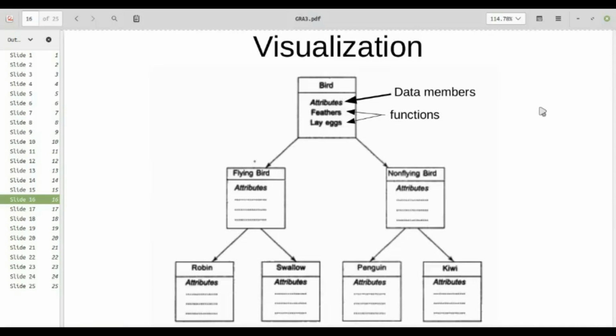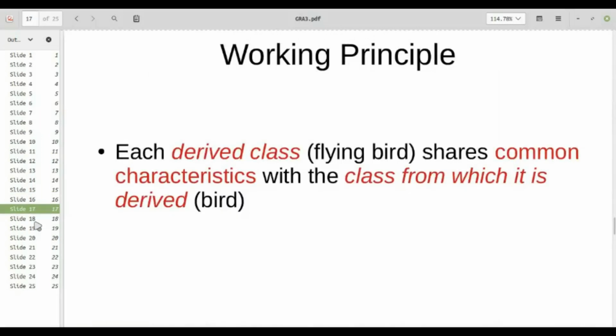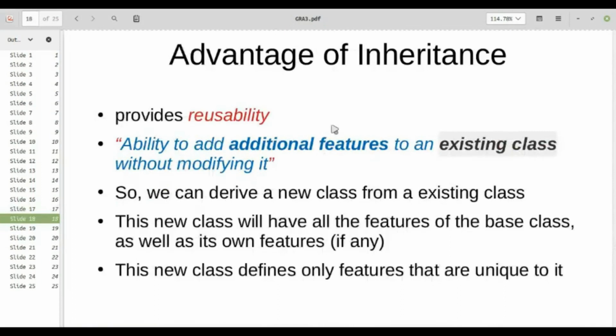So inheritance is concerned only with code reuse, reusability of code, right? So that is what is written here. We also have the ability to add additional features to an existing class without modifying it. If Trina wishes, she can inherit the base class called bird into her new class, which is called flying bird. That is fine. But it may so happen that Trina wants to add some new functionality to her derived class. Make sure you understand this concept.